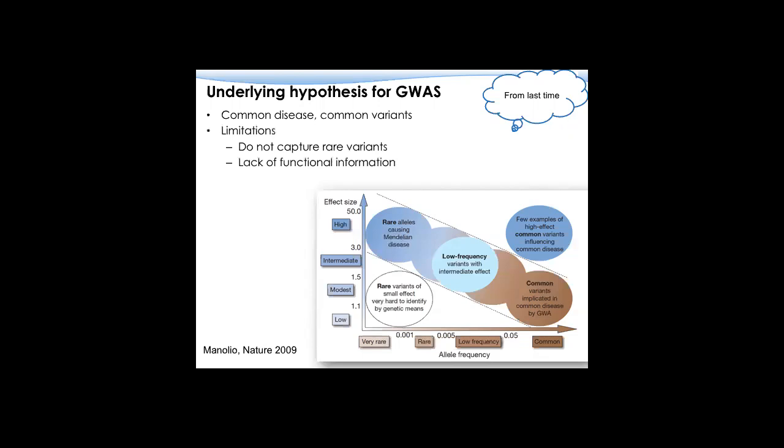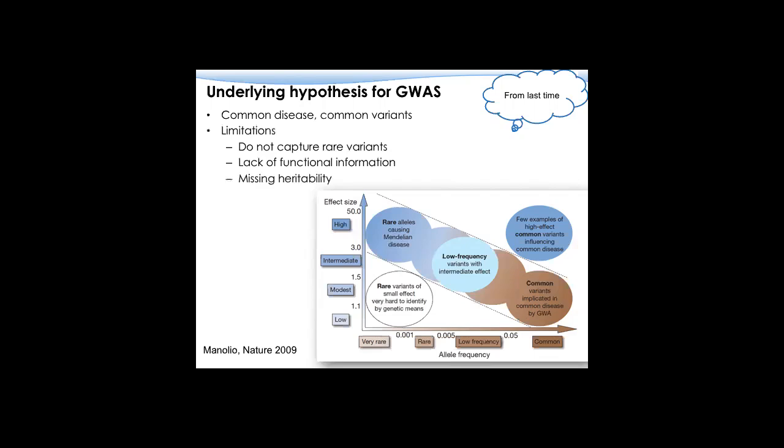And the second one is they usually do not represent the real functional information, meaning the SNPs you identified. If you think, I identified this SNP with this RS number, so let's see what this SNP does, usually that is the wrong route to go. Those SNPs are normally only the tag SNPs, which means they represent a longer region in the genome, and the real causal SNP is within that region. So there will be a lot more informatics that needs to be worked out to understand the functions of the SNPs